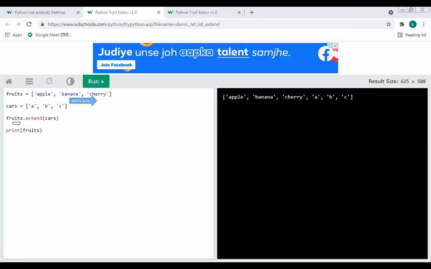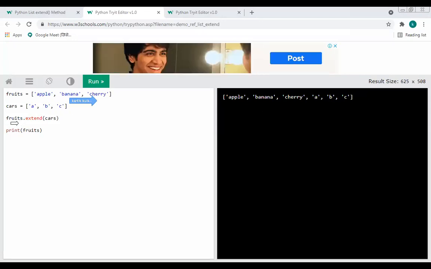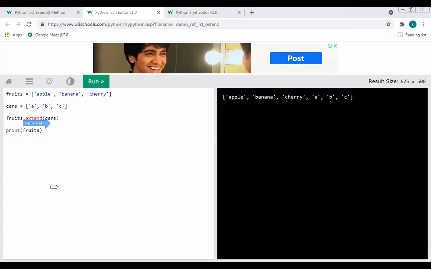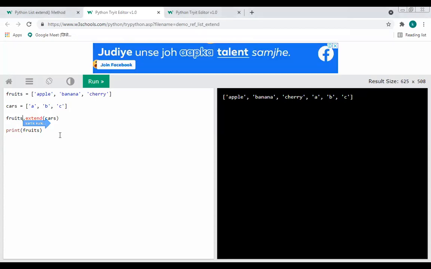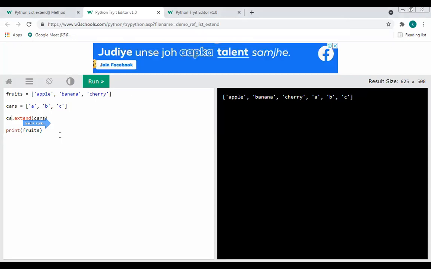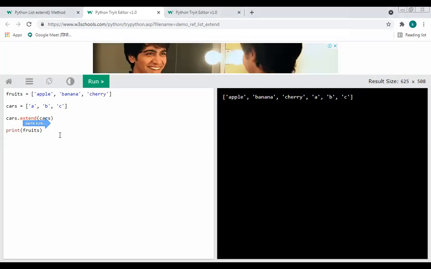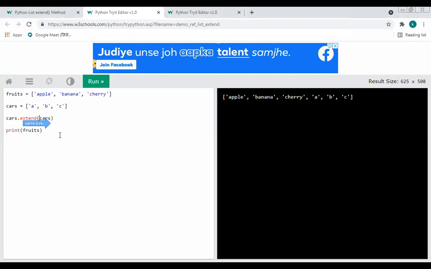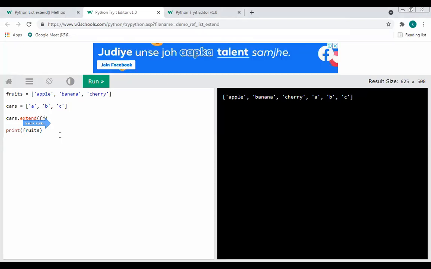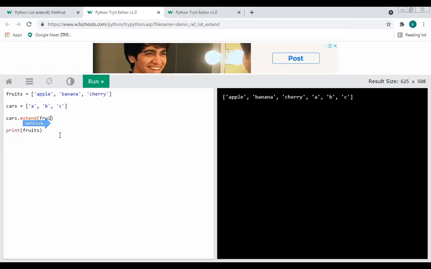At that time, you just need to change the list name. Now I will be changing the list name.